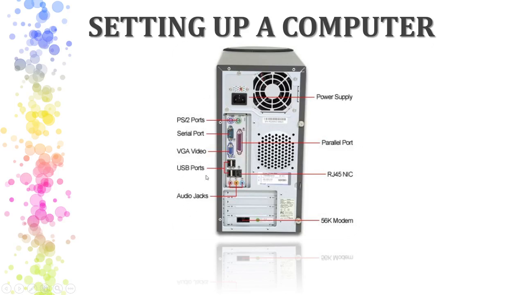Now see this USB port. You can see the 1, 2, 3, 4 ports here. Four ports. They are used to connect our mobile phone, keyboard and the mouse. Simple. USB ports are connected to keyboard, mouse, mobile phones. Simple, you have to just remember and fix in your mind that the USB port is used to connect our mobile phone, keyboard and the mouse. The most useful devices that we can connect using the USB port.